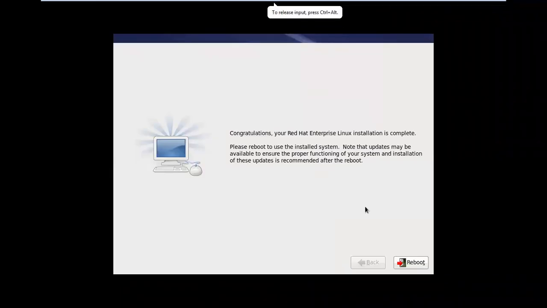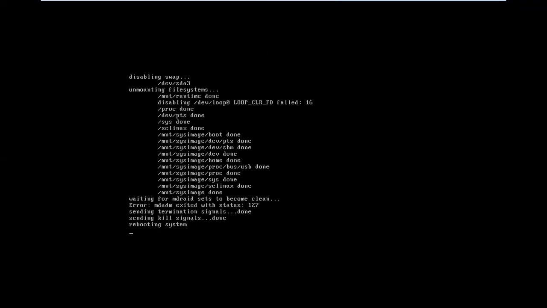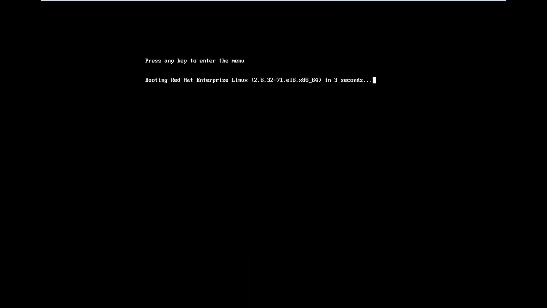Now see, the RHEL8 installation is completed. So click on reboot. Post installation steps we have. After installation, we can do some post installation steps: license agreement, changing the date and time if you want, and creating the normal user account.